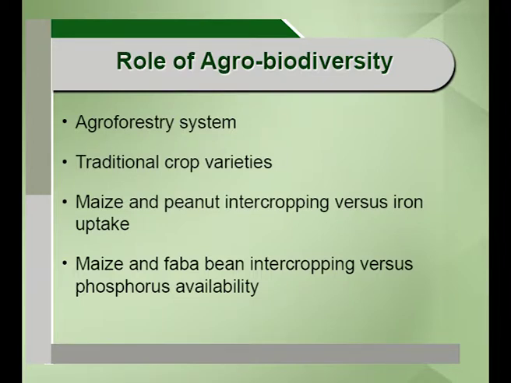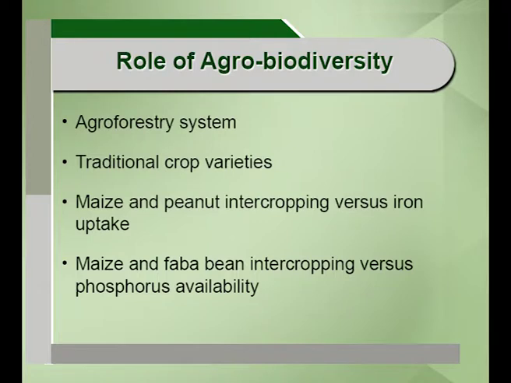This peanut crop has shown a deficiency symptom, chlorosis, induced by iron deficiency. This iron-induced deficiency has been noticed in the peanut crop when it is grown as a sole crop, but when the peanut crop was intercropped with the maize crop, this deficiency was not there. Maize has a better ability to take up iron, and because of this it also made iron available in a form that can be easily taken up by the peanuts. So in maize and peanut intercropping, the iron uptake was enhanced for the peanut crop, and